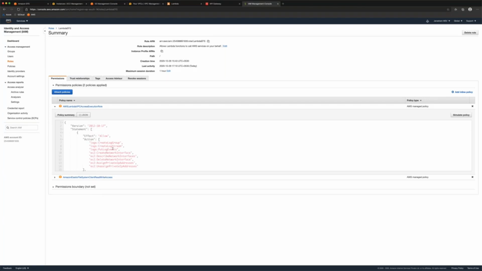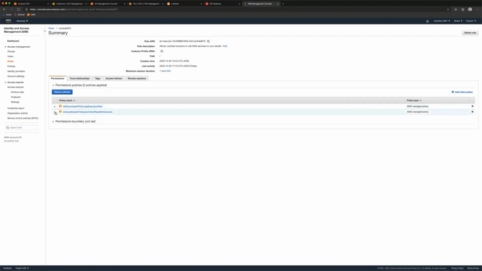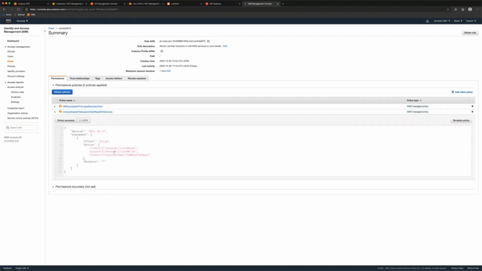This is required because the Lambda function would technically attach itself to a subnet, and that subnet needs to have an ENI, with or without a public IP address, to access the resources. In our case, the EFS file share. So this is the policy that's required. And then we also need an explicit policy to access EFS, with permissions that say client mount, client write, and describe mount targets.